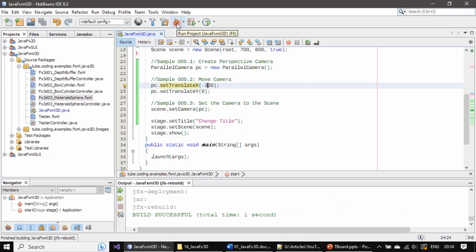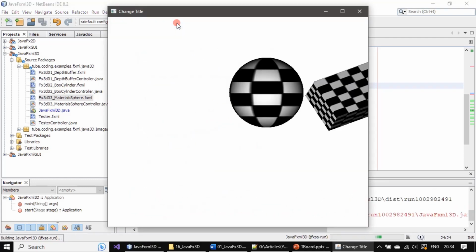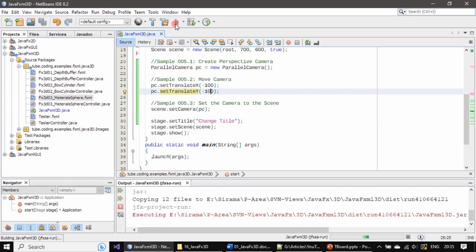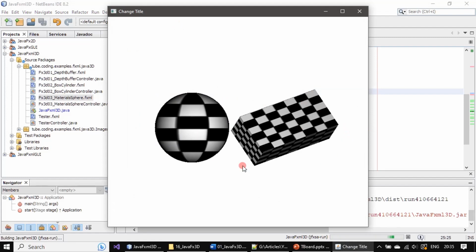Now part of the box will go out of screen and sphere is here, and you can see how the scene is moving. So the camera moved towards left, so scene is moving towards right. Now we will keep it as 100. You can move the camera in negative, in Y direction as well. So I moved the camera in Y direction, that means moving upward, so scene will come down. So see, now the scene is towards the center of the screen. By moving the camera towards -100,